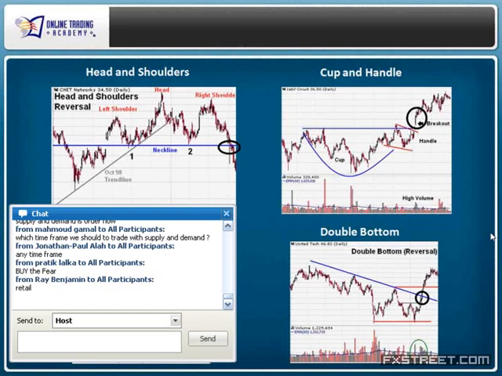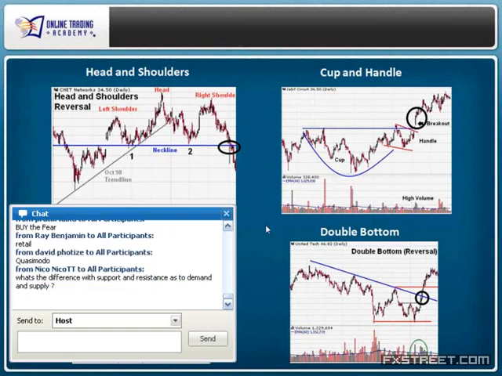So we've got the head and shoulders top here, and by the way, I grabbed these pictures from the internet. I didn't create these. So we've got the head and shoulders, cup and handle, double top, double bottom. Those are probably